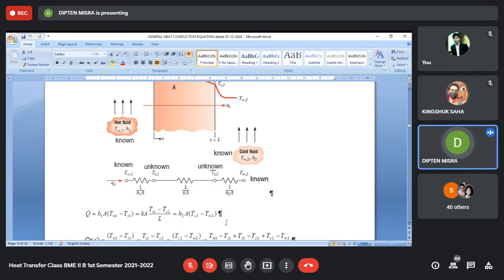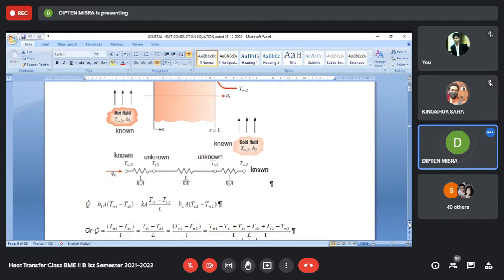So these two will be equal when the body is under steady state, and these temperatures are also under steady state, and there is no internal heat generation, and the heat flows only along one direction. There is no other way for the heat to leave. So you don't need to consider any other component of heat flow.